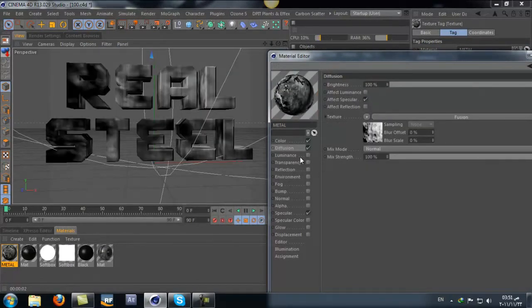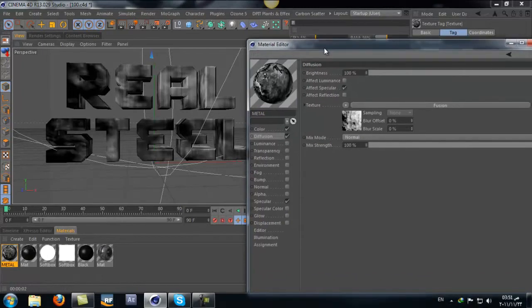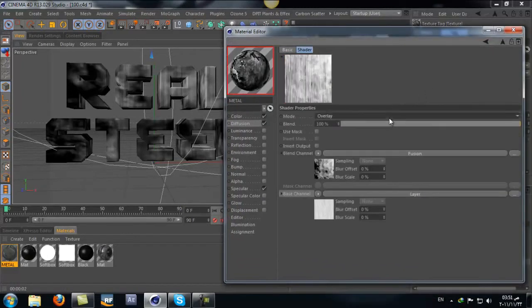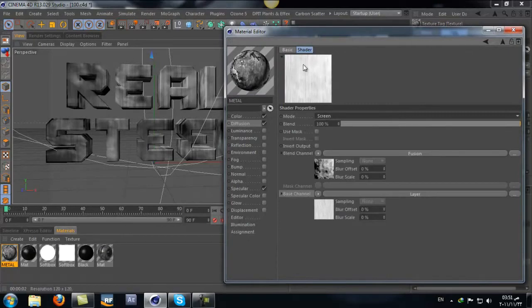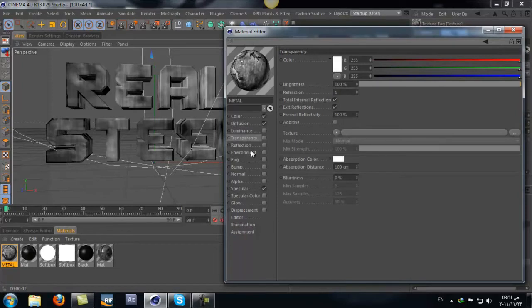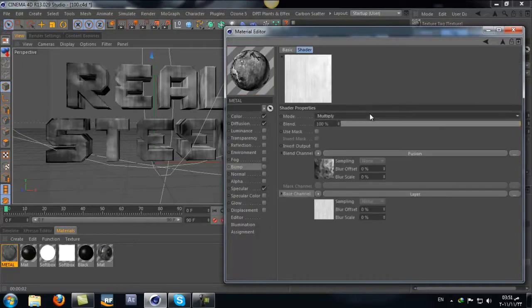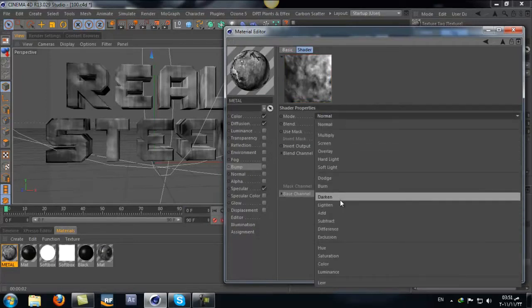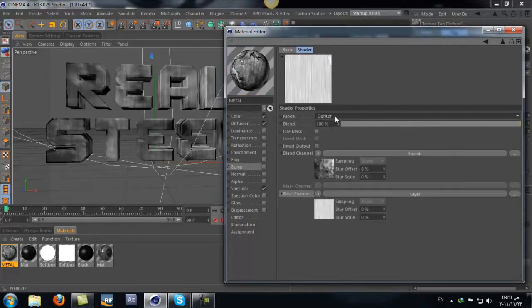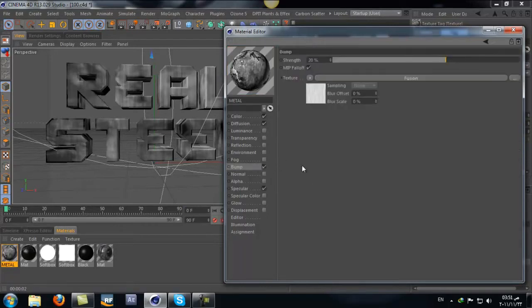It's going to make the diffusion channel dark. So let's find another setting that's kind of light, something like this. Screen will be fine. And we'll also copy this channel to the bump, as you can see here, and maybe try to find a different kind of mode for it. Let's say darken, maybe lighten will be fine also. And we can check this one and just increase this value to about,